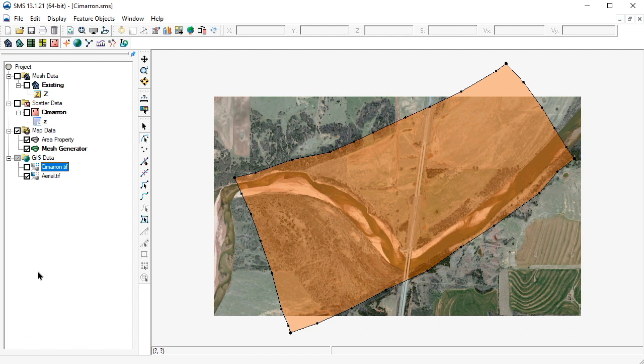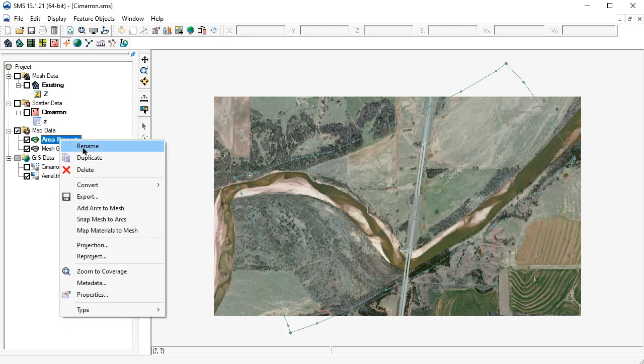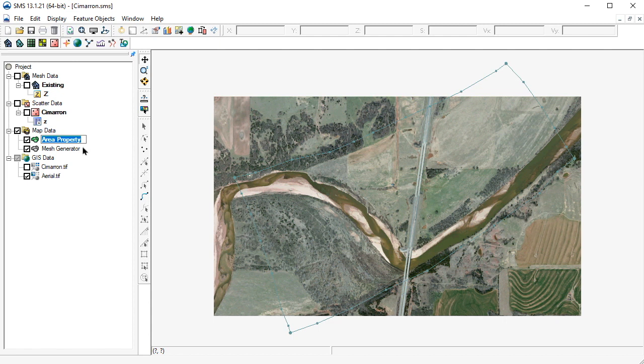Now that Topaz has been run, we can extract a centerline arc for the main channel of the Cimarron River. We will start by renaming the area property coverage to Starting Point. Next, we will use the Create Feature Point tool to create a point just outside the upstream boundary, near where we would assume the centerline of the channel to be.